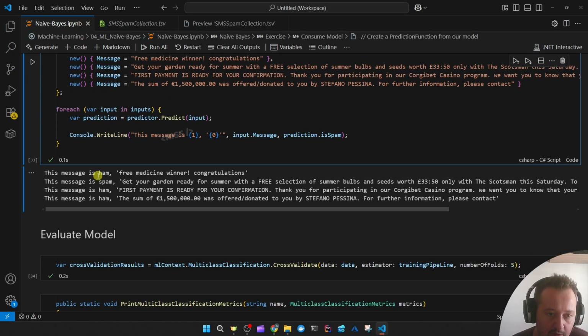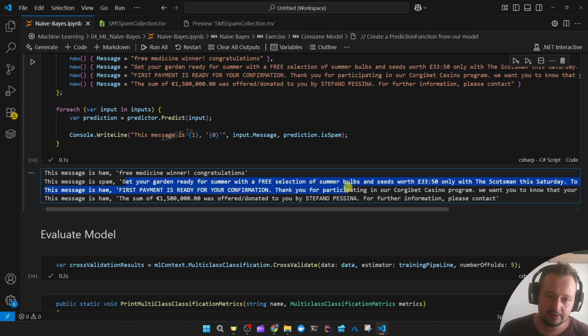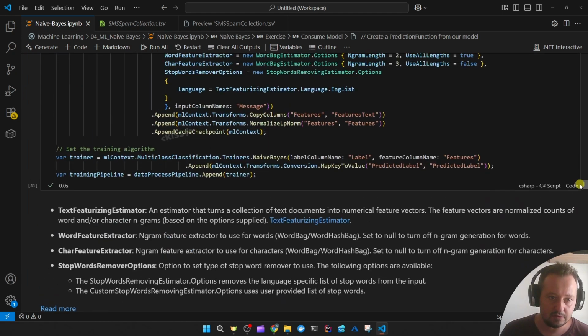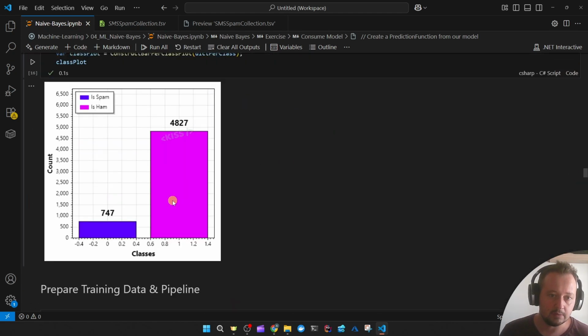Unfortunately, since as we saw the distribution of our data, there's way more samples for ham than for spam, I assume that is the explanation for why the model is performing poorly. It's very biased towards ham for all the unseen new data. Free medicine winner does ham. Spam, which is literally a sentence that I copied out of this spam, so you can see the amount of